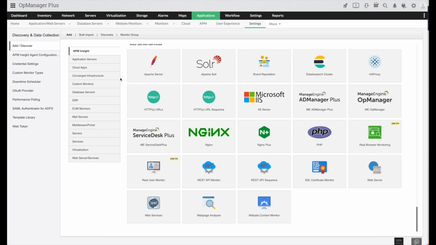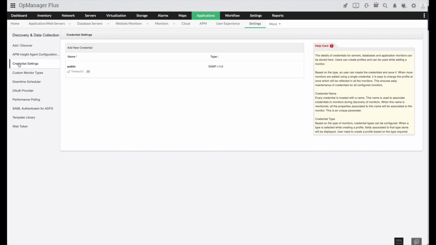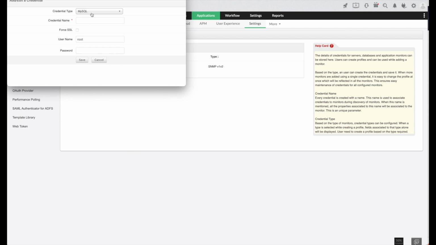Now, let's start how to discover applications in the Op Manager Plus. First, make sure you create the list of credentials. So go to settings of Applications Manager plugin and click on credential settings and add new credential,